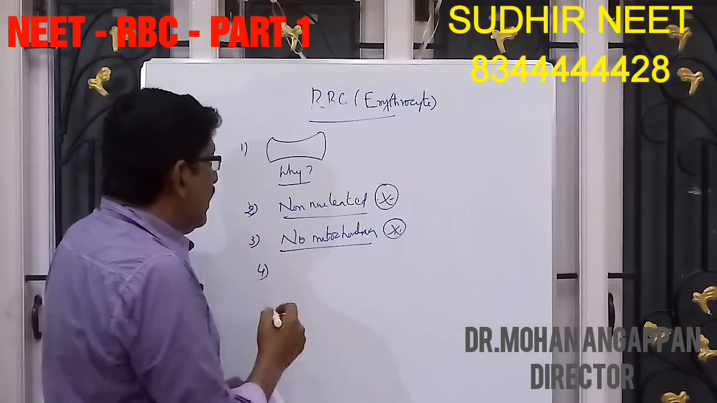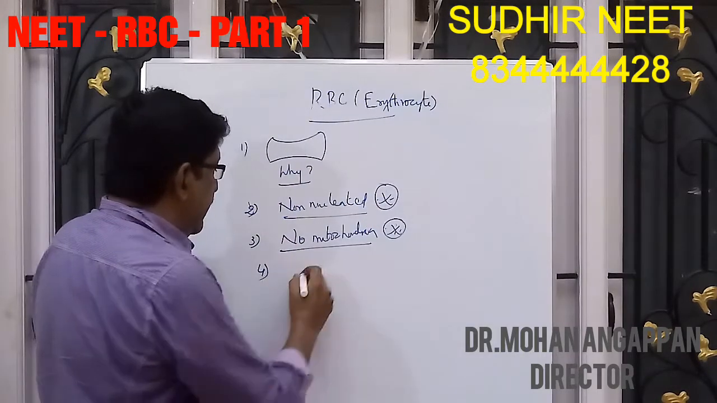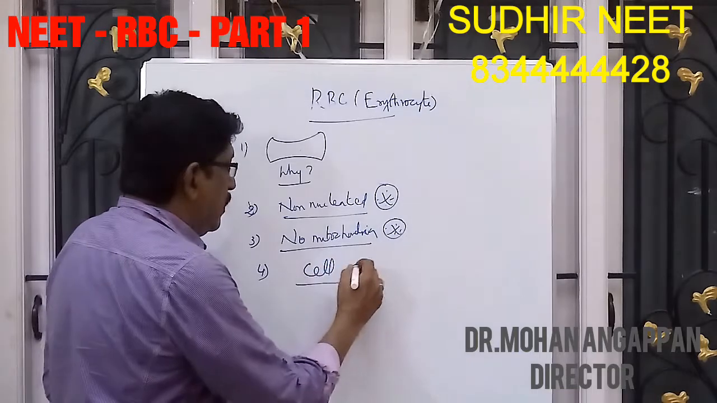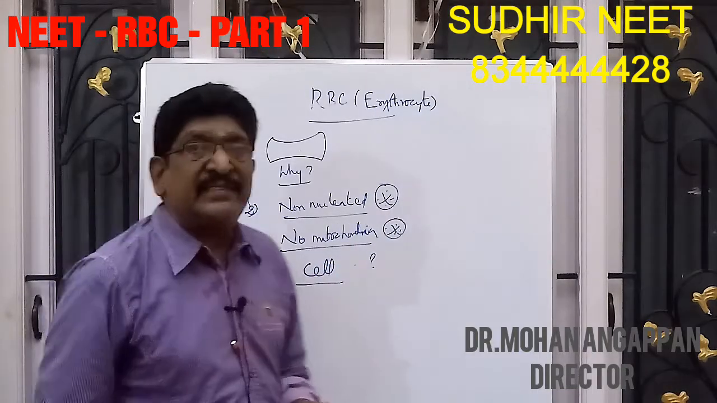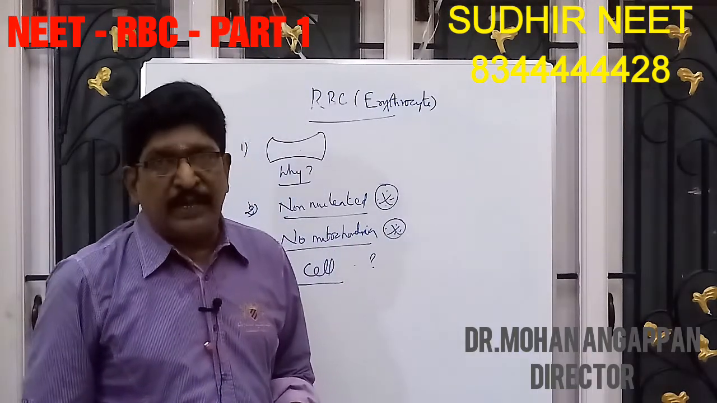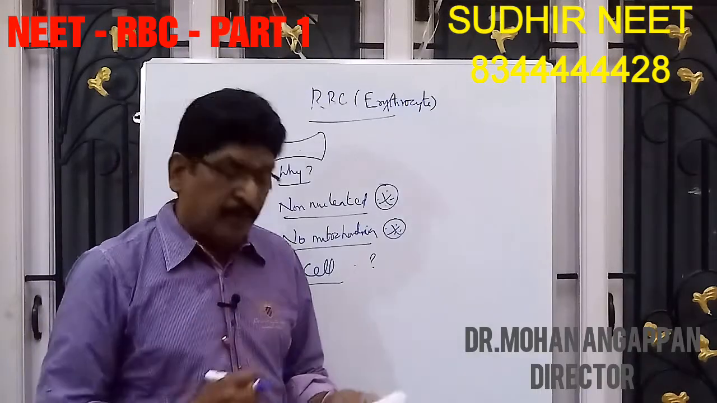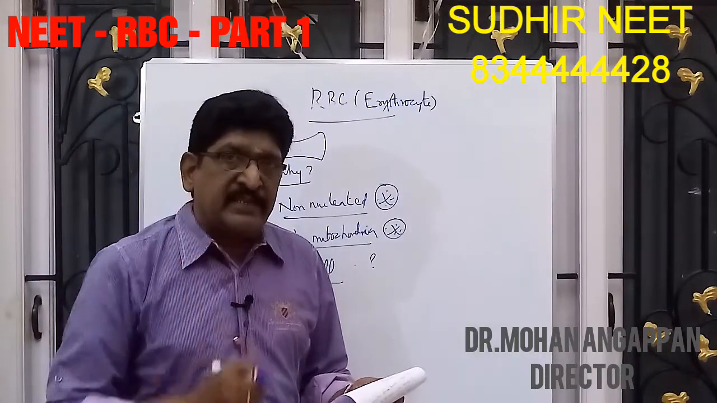Then, even though it is not nucleated, it is called a cell. How can you call the RBC a cell without a nucleus? This also you must know, for 3 reasons. Number 1,